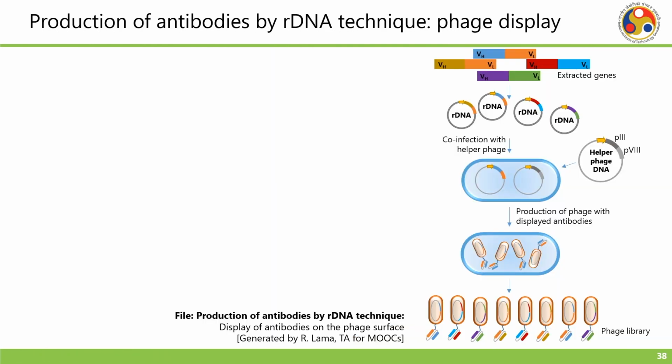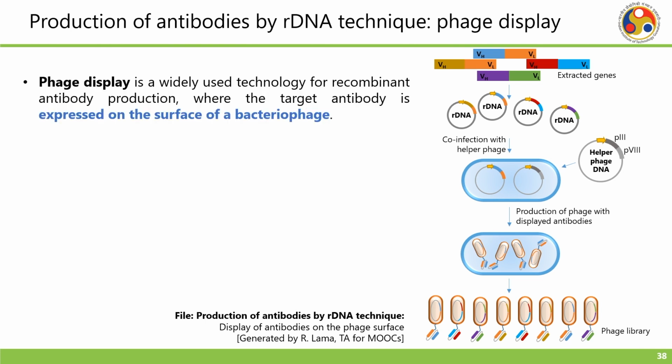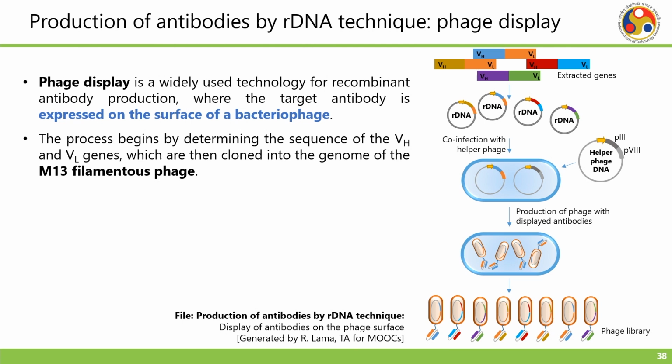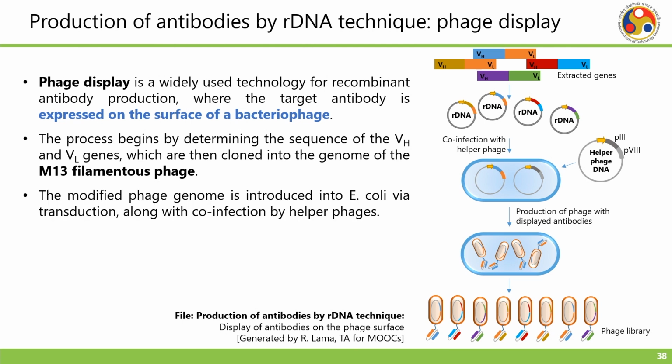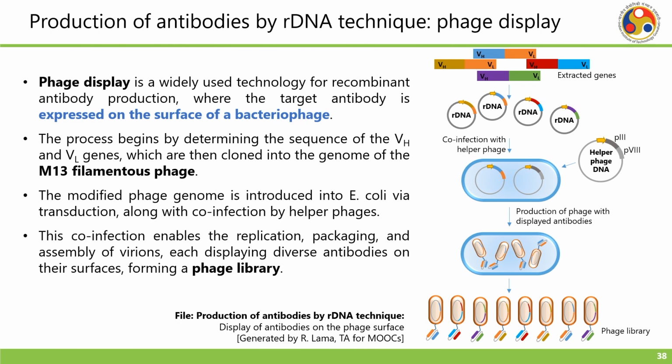Let us discuss the production of antibodies by rDNA technique, the phage display method. Phage display is a widely used technology for recombinant antibody production, where the target antibody is expressed on the surface of a bacteriophage. The process begins by determining the sequence of the VH and VL genes, which are then cloned into the genome of the M13 filamentous phage. The modified phage genome is introduced into E. coli via transduction along with co-infection by helper phages. This co-infection enables the replication, packaging and assembly of virions, each displaying diverse antibodies on their surfaces,